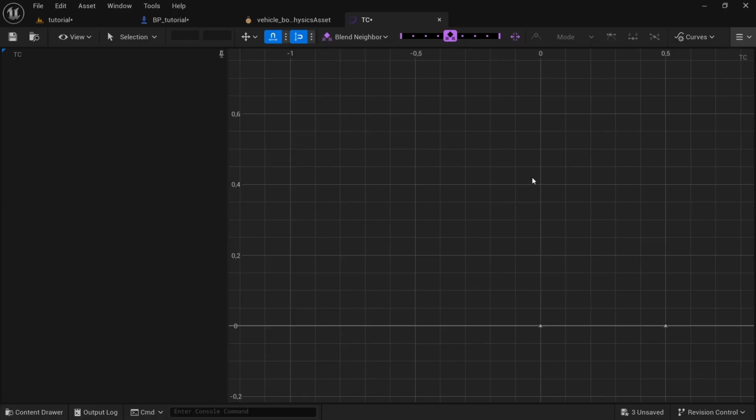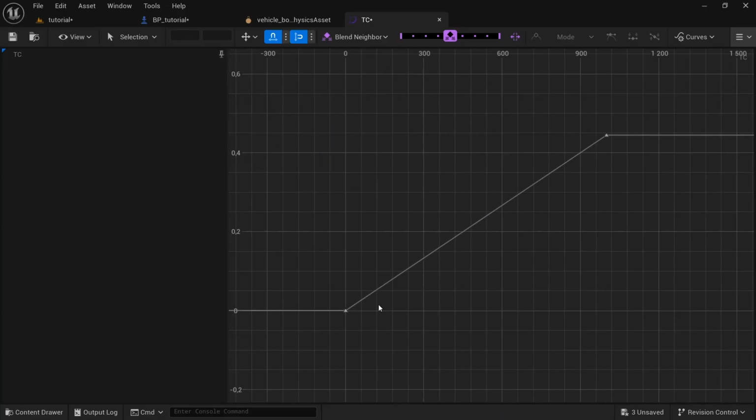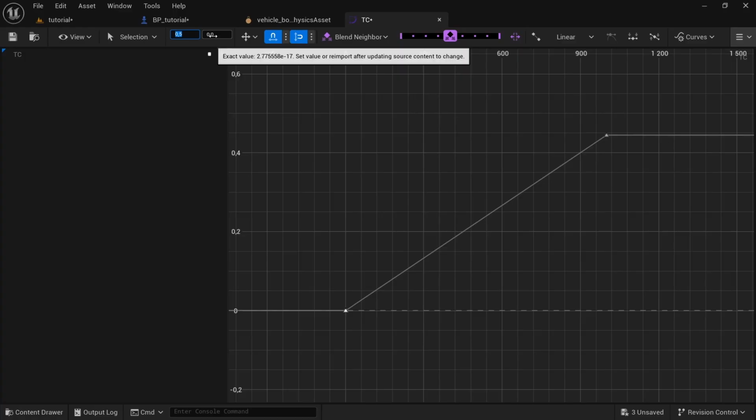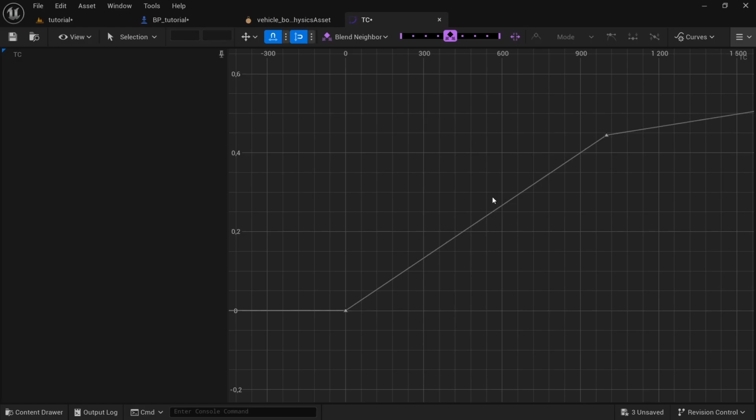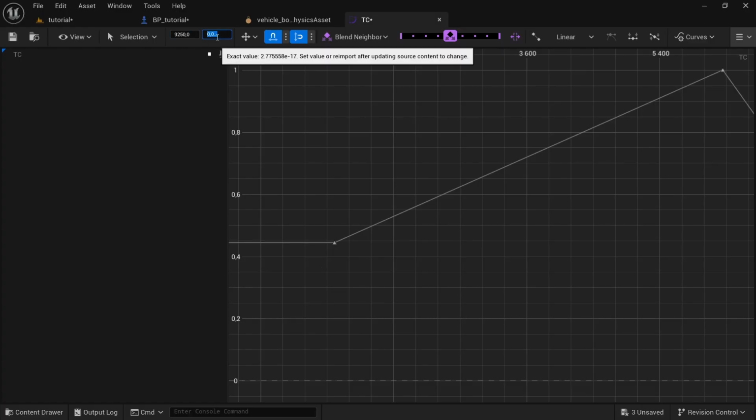And then if you select the map with nothing selected, press F, then you get to see the whole thing. And then we're going to select the second one. Did I only add 2? I think I might have only added 2. The next one is going to be, I think it's 6250, and then add 1. And then I'm going to press F again. And then the last one, where would it be? I'll set it at 9250, and then this one's going to be